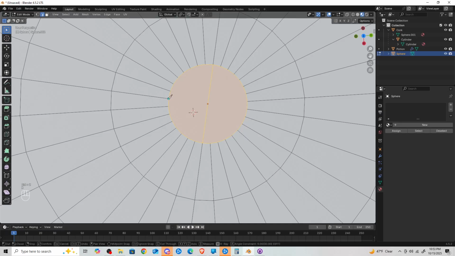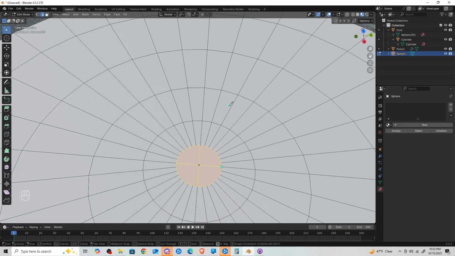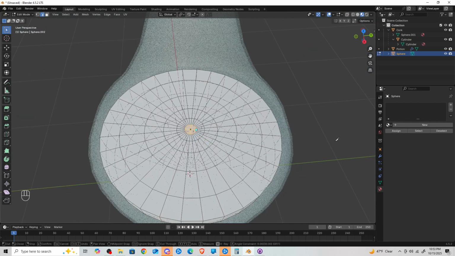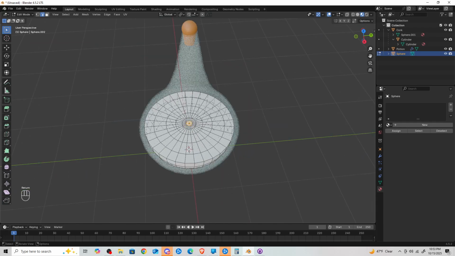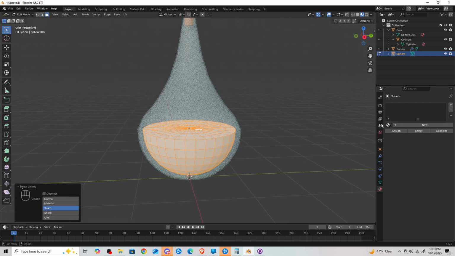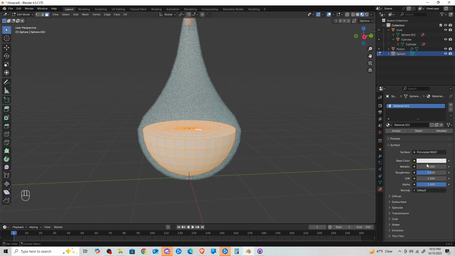I thought that because I had chosen a power of 4 for the number of sides, that would make it easier to deal with the Ngon situation, but I must have messed up the math somewhere. Anyways, not super important to what we're doing right now. We have that, which is an important part, and really none of this is super important because we're only taking these faces and selecting all of it, and we're going to add a new color,